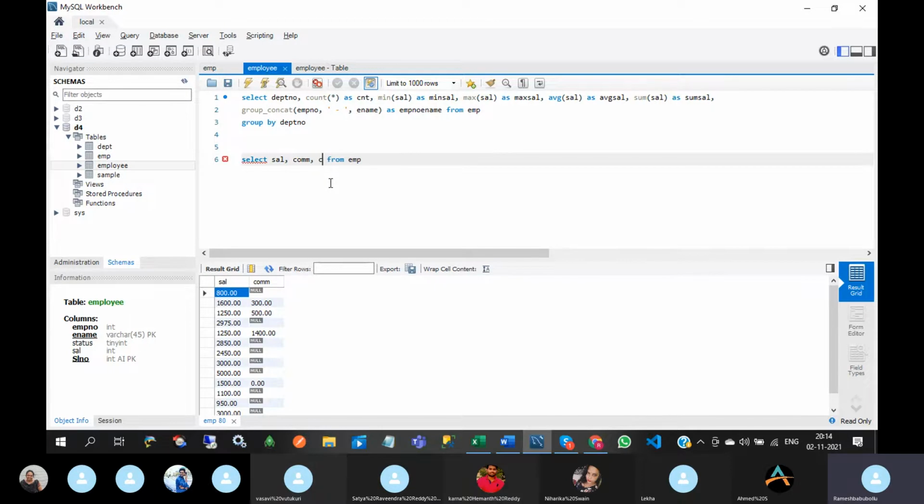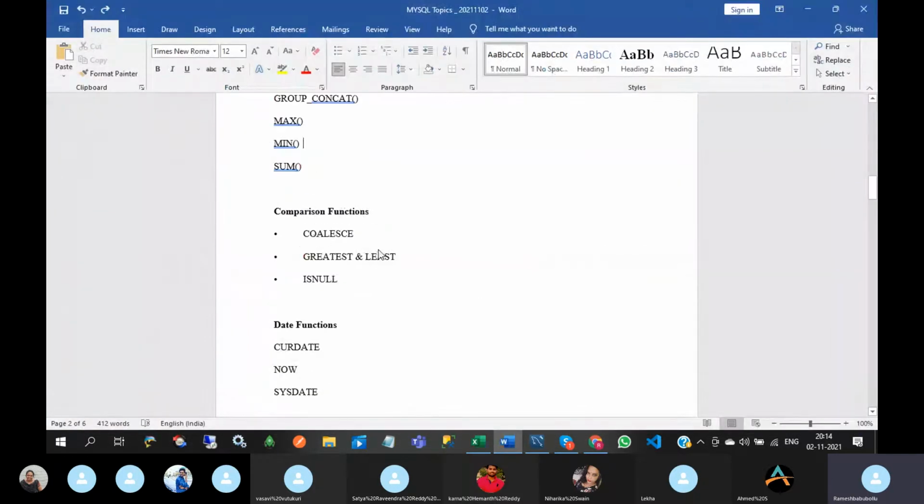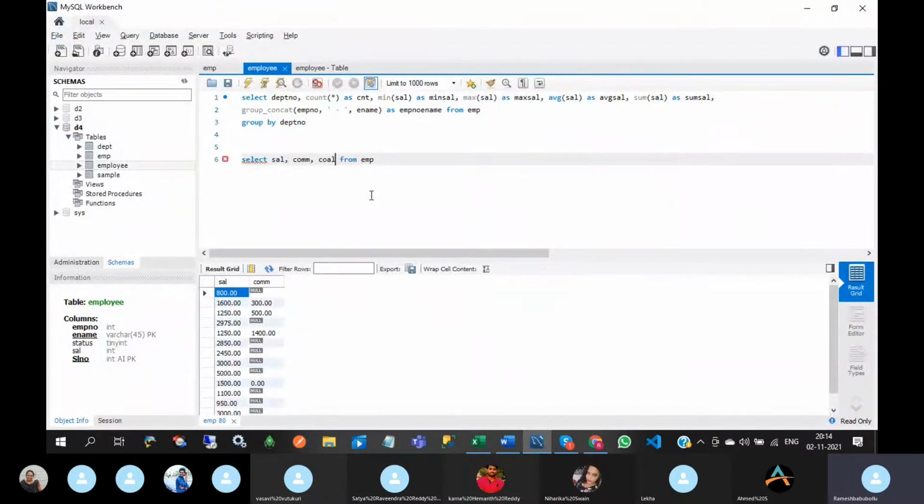So this one, COALESCE, how to remember this spelling? C-O-A-L, then E-S-C-E, escape keyword, and E. Okay, here it returns the first non-null value. So commission, salary. What it will display means it will check if commission is null, then it will display the salary value.